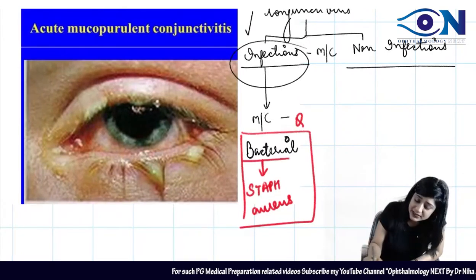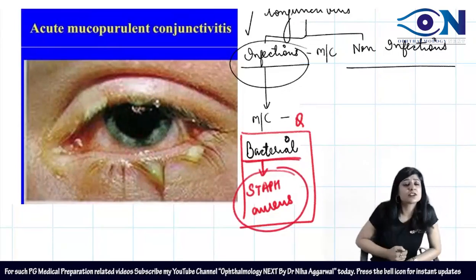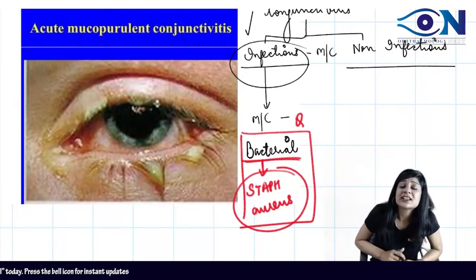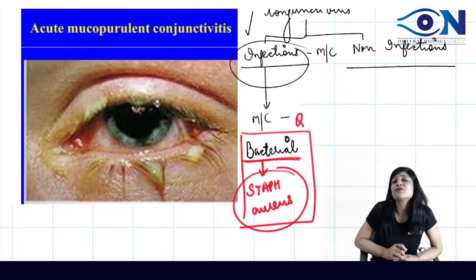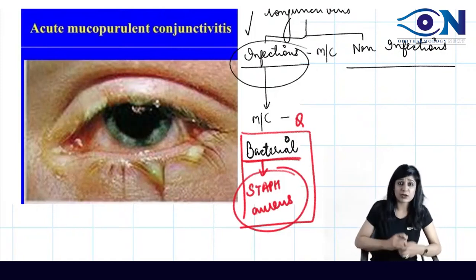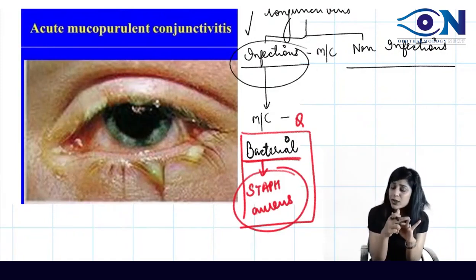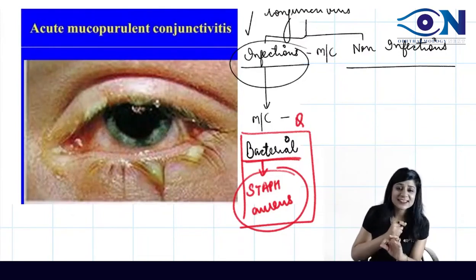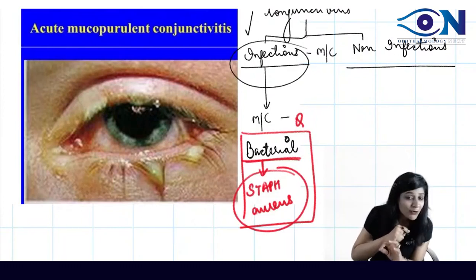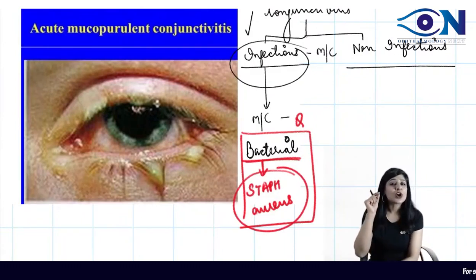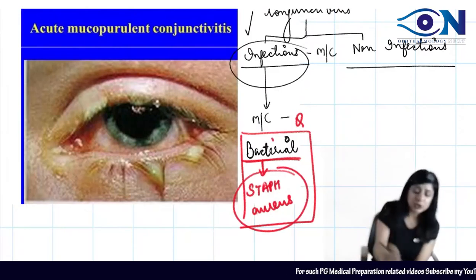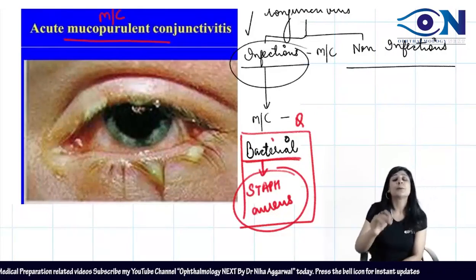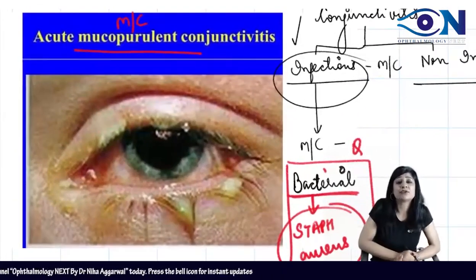And amongst the bacteria, it is actually the Staph aureus, which is most common. So in the final, you can say that it is a Staph aureus kind of infectious conjunctivitis, which is most common. Infectious most common, infection by bacterial most common. Bacteria ka hero is actually the Staph aureus. Now, when I talk about bacterial conjunctivitis, what is the most common type? The most common type of bacterial is the mucopurulent. So there are so many most commons that you have to remember.